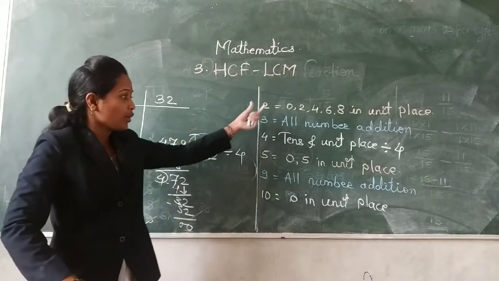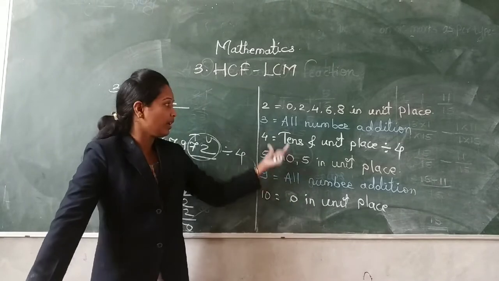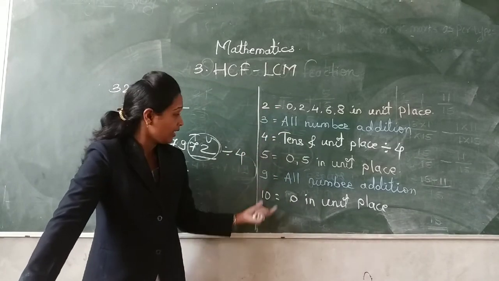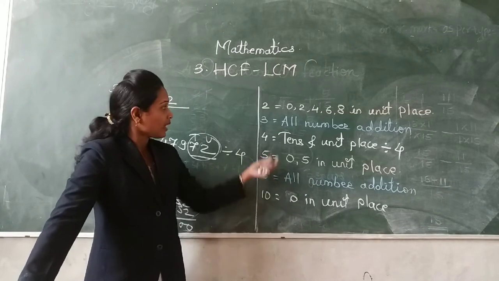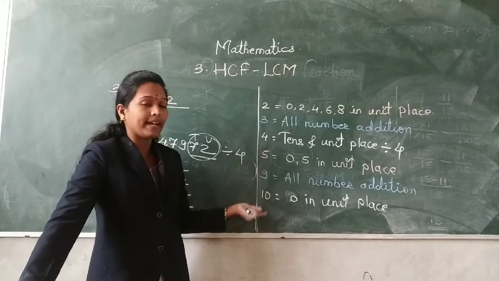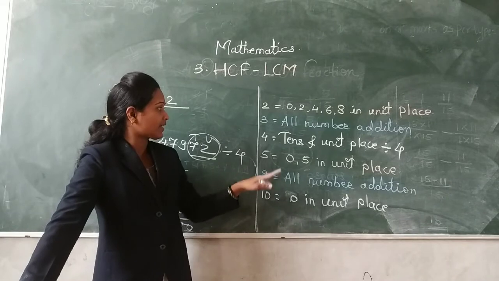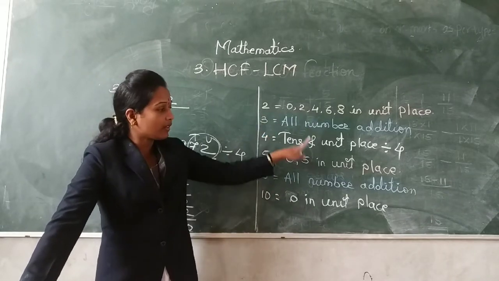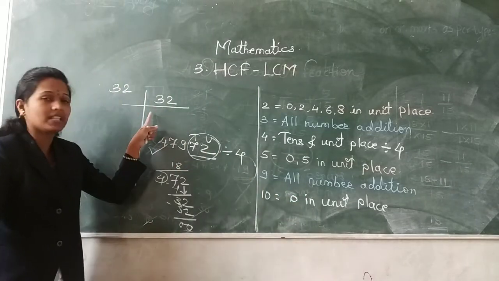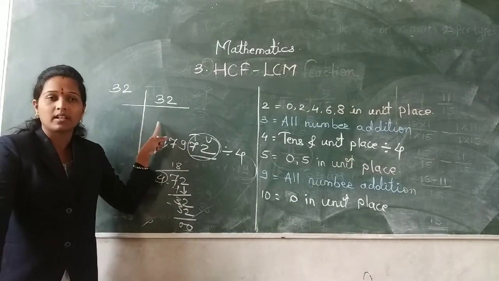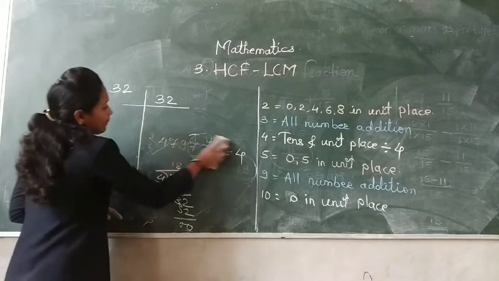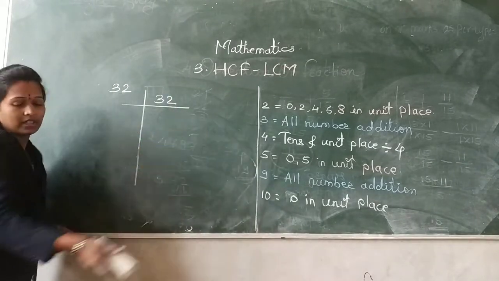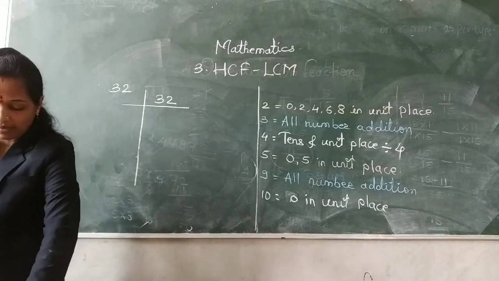We have seen that. So it is very important to learn these tests, the tests of 2, 5 and 10, and 3, 4 and 9. In 5th standard we learn the tests of 2, 5 and 10, and in 6th standard we learn the tests of 3, 4 and 9. If you learn these tests, it is very easy for you to find the factors of a given number. The tests are given in front of you, so with their help we can easily solve our example.